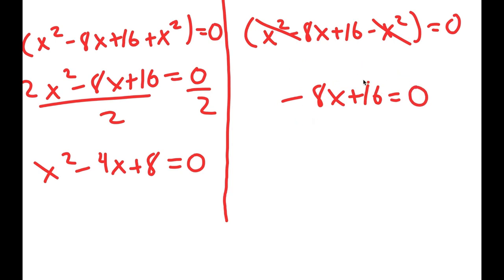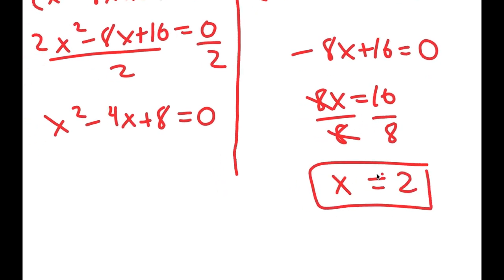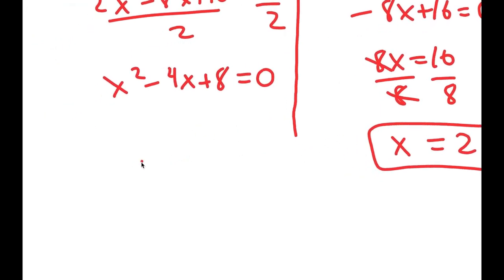So I'm going to first solve for my right-hand side. I'm going to add 8x on both sides, so I get 8x = 16. Now if I divide both sides by 8, these two cancel out, and I get x = 2. Now for my left-hand side,